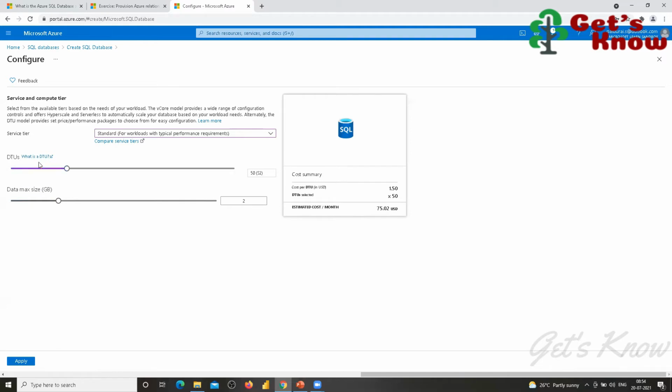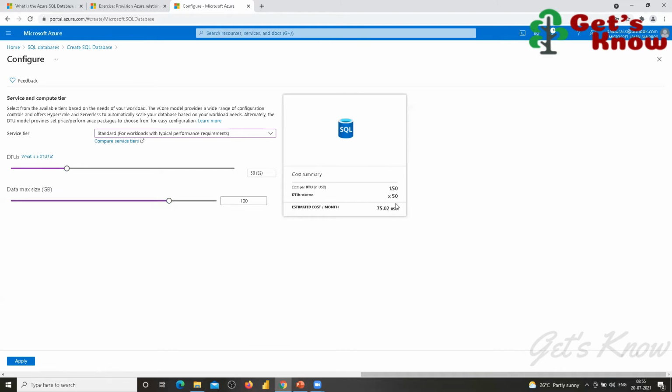This DTU does not depend on the data storage. The data storage is separate. If you want to extend the data storage, the 10 GB, you can extend it. Whenever I increase the data storage, there is no change in the cost, right? Correct.